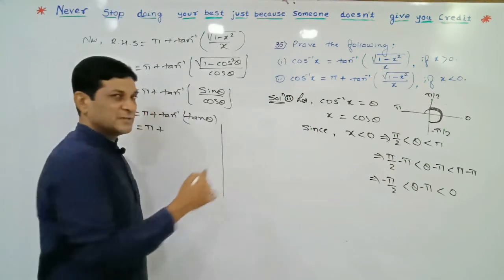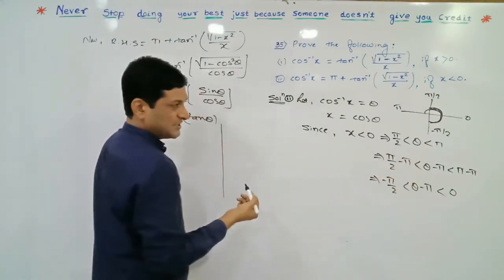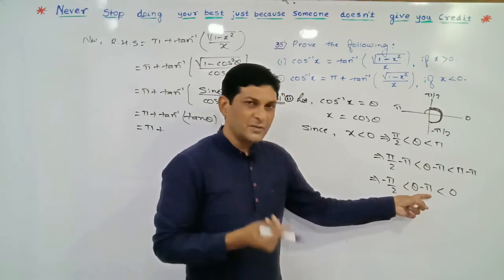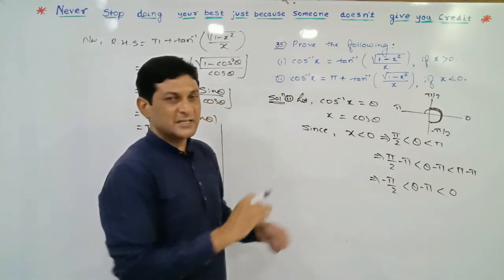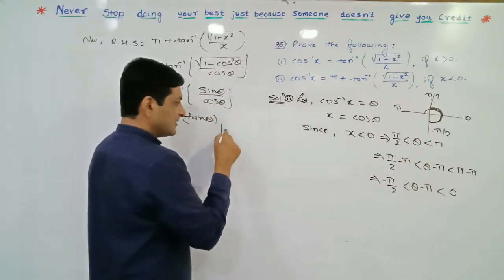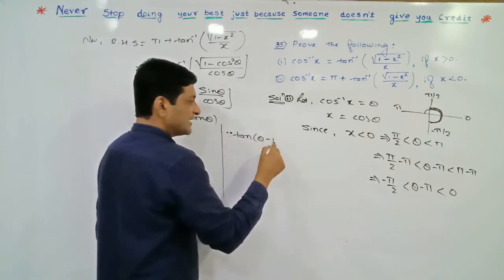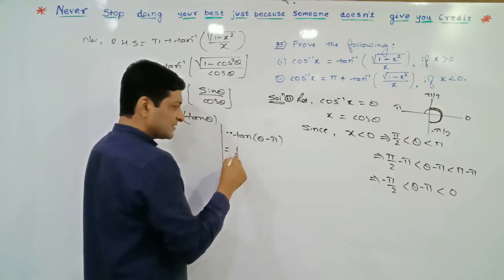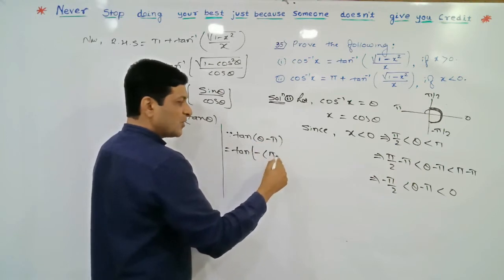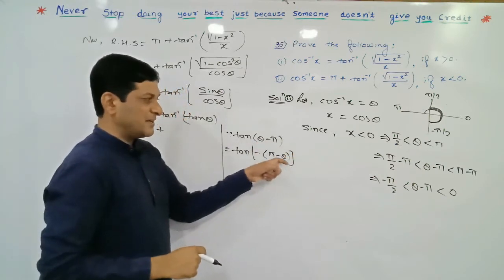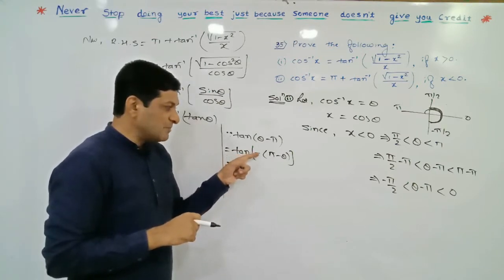So see what the simplification part is here. Now I am considering theta minus pi, because we have already proved that it lies in the range, in between minus pi by 2 to 0, so it lies in the range of tan inverse. Let us consider that term. So here, tan of theta minus pi, can I write it as tan of, if I am taking minus common here, theta minus pi will become pi minus theta. Again I am multiplying by minus, we will get the same term. So which is equal to, now this term is in the form of tan of minus theta.